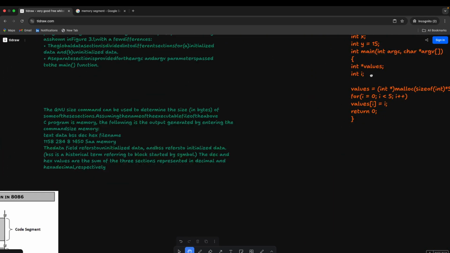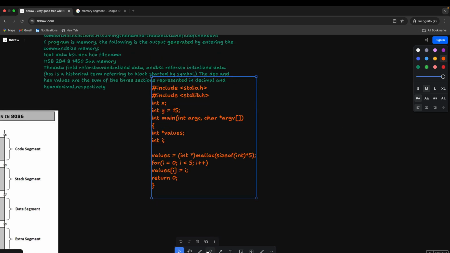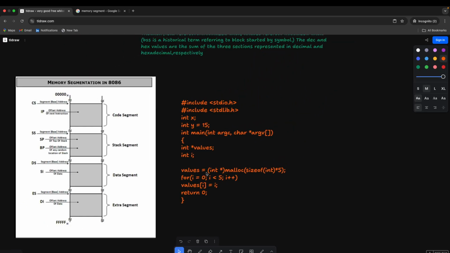Okay, this is my program. Let me get this program a little bit down. So now this is how it is going to look. Remember, the stack segment will also have some parts. This will be broken up into two parts: you will have a stack and a heap. Whichever way the stack will grow at the bottom, the heap will grow towards the top. And this is the code segment.